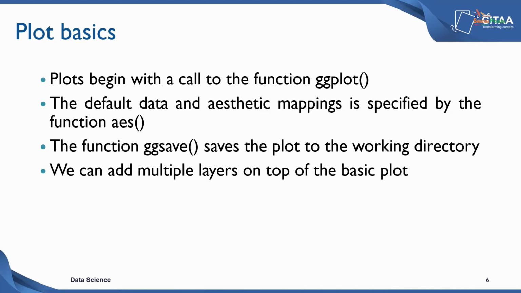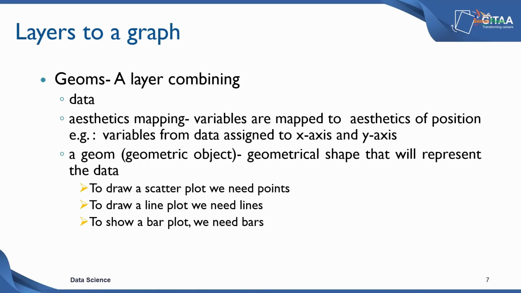So once you create a basic plot, we can keep adding different layers to this. So let's see what are the different layers that we can add to a basic plot. The first layer that you can add to the graph is called geom. Now this is a layer that combines the data, which will have the x-axis or the y-axis. The first layer is geom. It's a layer that consists of the data, where you have the x-axis and y-axis, considering its rectangular coordinate.